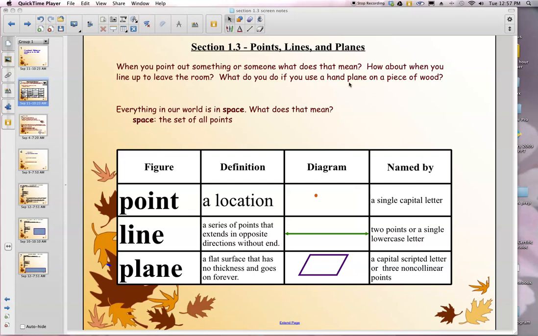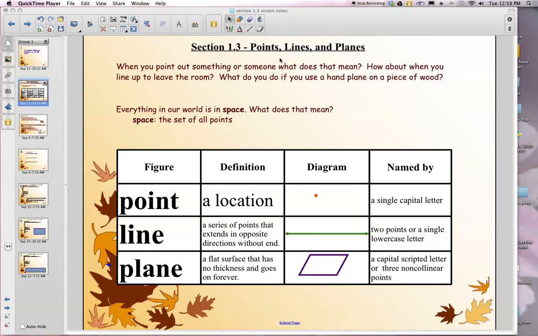Section 1.3 is on the basic terminology of geometry. We are going to talk about points, lines, and planes and their basic relationships and terms that we will be using to describe them. The first thing that you have to notice is that these words get used all the time and they represent very different things. For example,